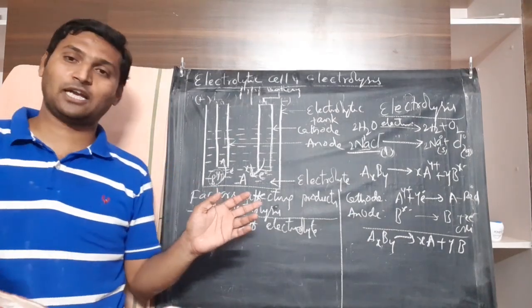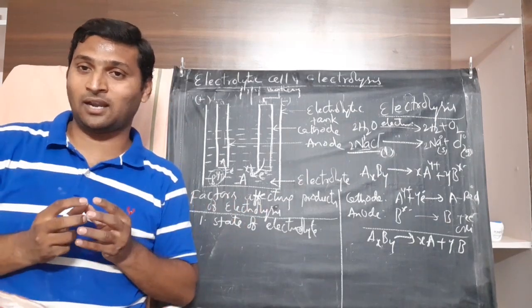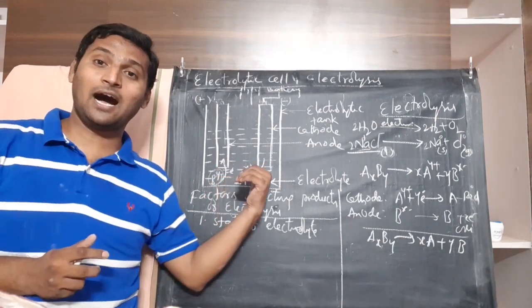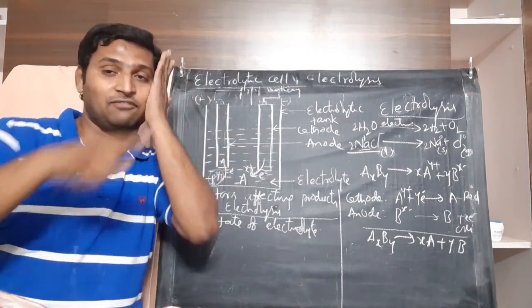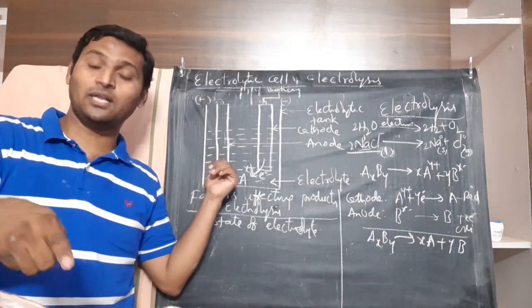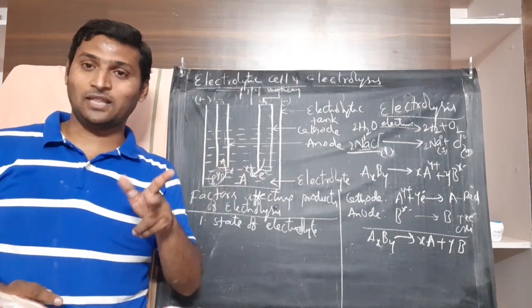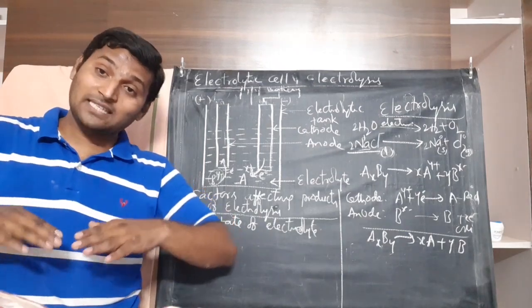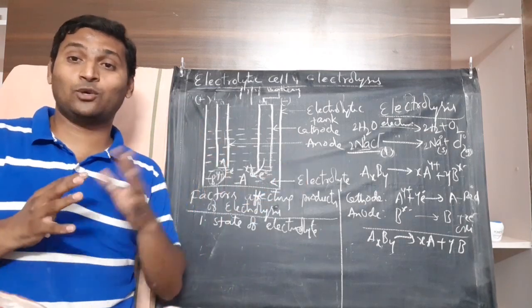Whereas, if you want to perform the electrolysis at room temperature or you are dissolving that salt into water and preparing an aqueous solution, then please understand at electrodes when the reactions are happening, along with cation of the solute, the water molecules of the solvent also will come for reduction. Along with the anion of the solute, the water molecules of the solvent also come for oxidation. So there is competition. Now, based on who undergoes reduction, the product at cathode and product at anode will be decided.